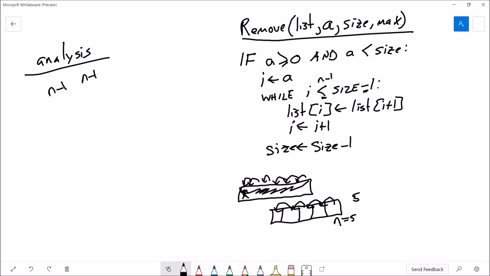But before we even get there, we have to check to make sure that a is greater than or equal to 0 and a is less than size. So there's 3 operations right there. And then inside the body of the loop, what do we have? The body of the loop is going to execute n minus 1 times, although now that I'm looking